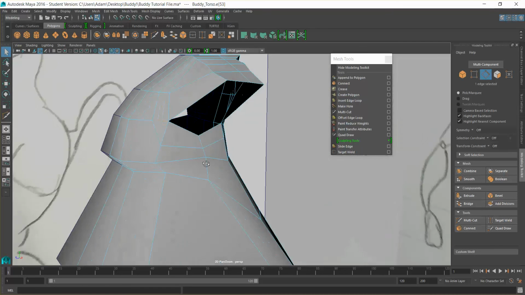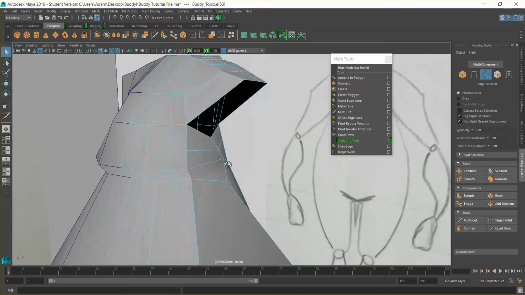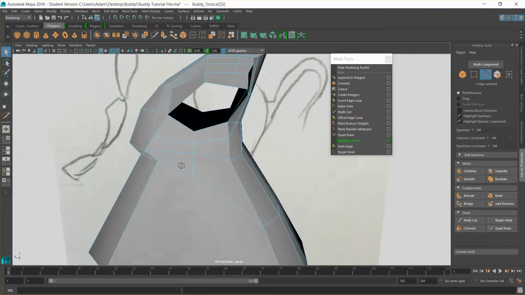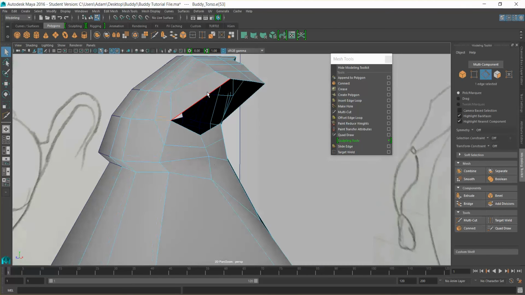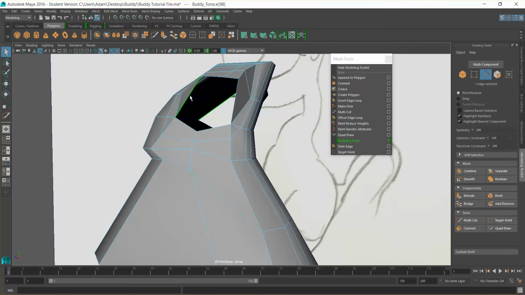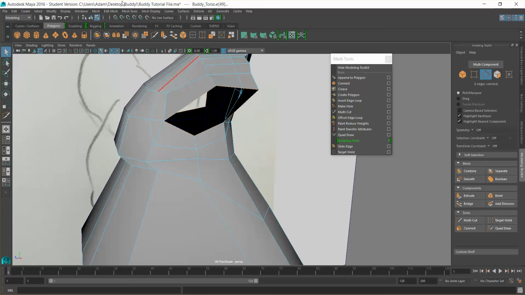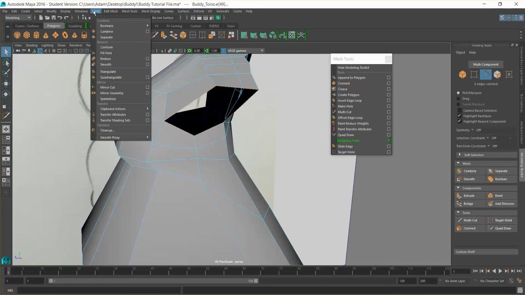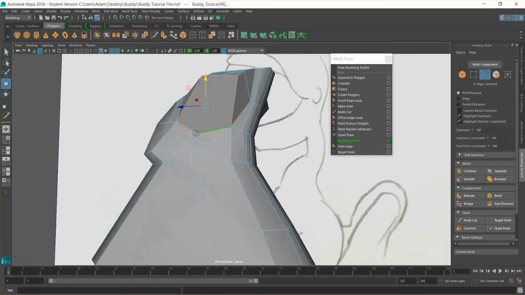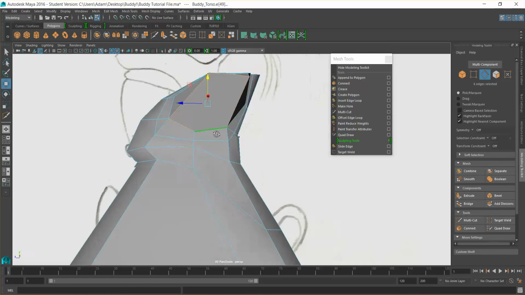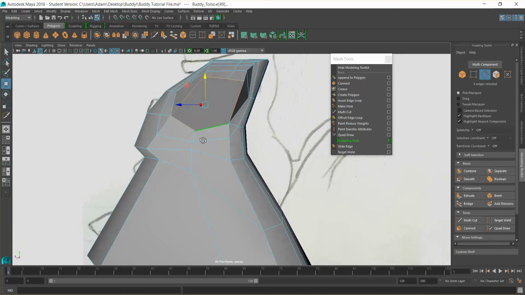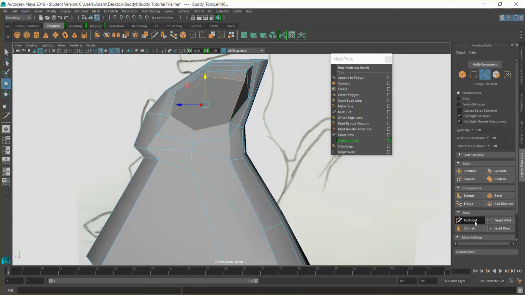So in order to do that, we've just got to reconfigure where they run to. Okay. So I'm going to click on this edge. I'm going to double click, and what that will allow us to do is fill this hole in. So I want to go to mesh. I'm going to go to fill hole. Okay. And once we've filled that, we're just going to go back to our multi-cut tool, and we're just going to line this up here,